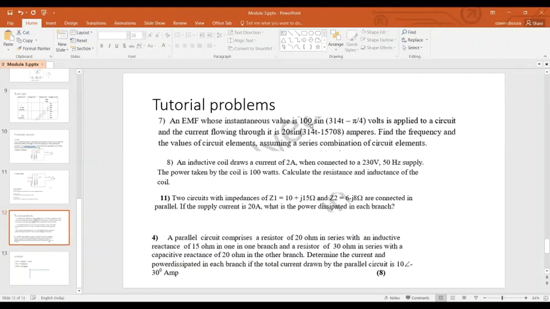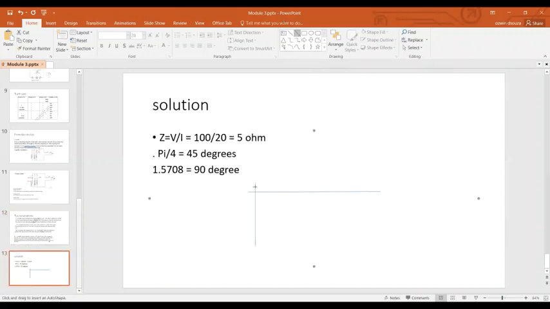So the maximum value is 100, and the phase of voltage is minus 45 degree, correct? Minus pi by 4 is minus 45 degree. So I will draw a line with length Vm, which corresponds to voltage. So here I'll write Vm at an angle